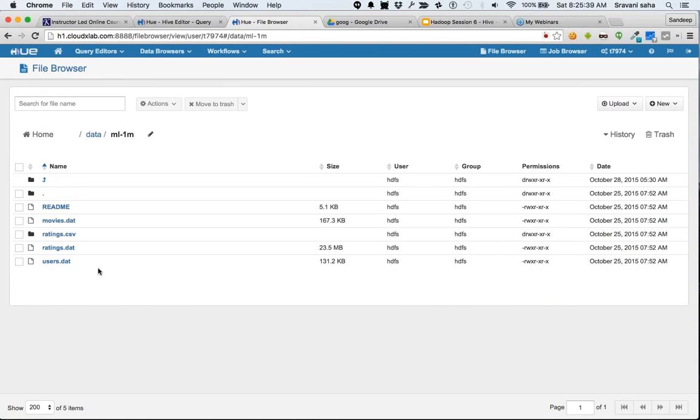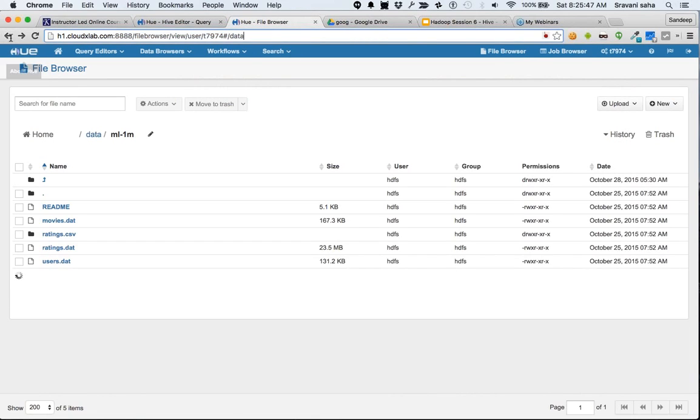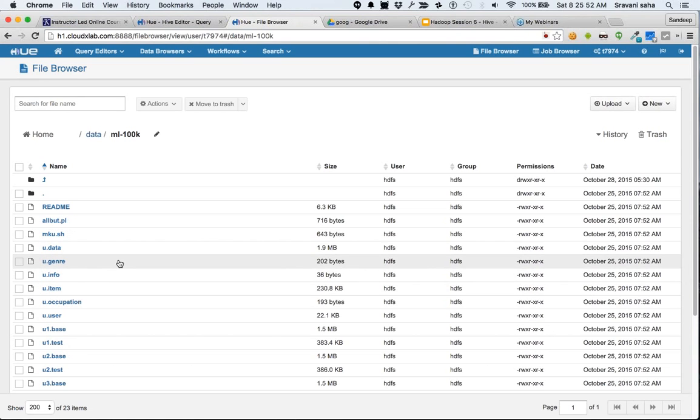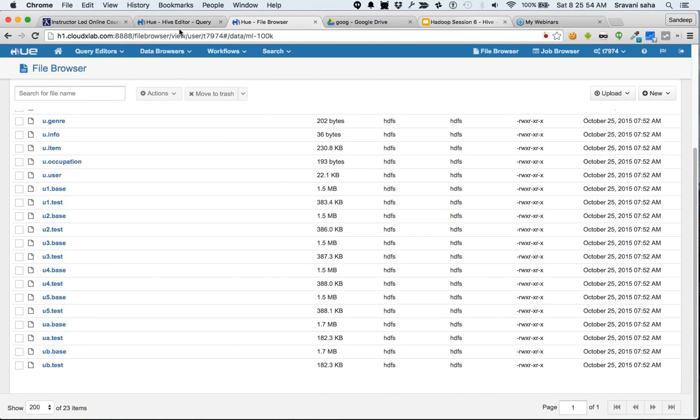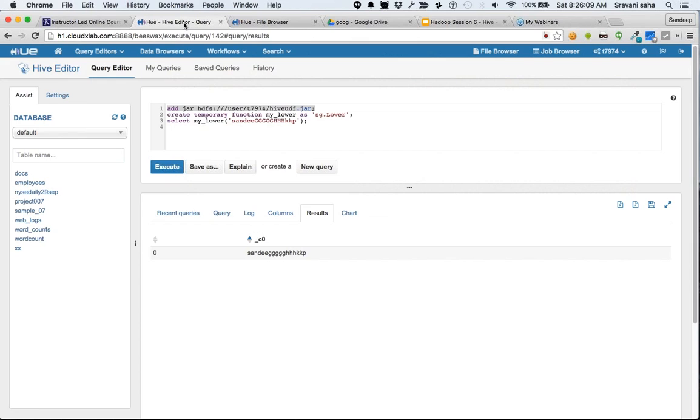So you can see the data is here. We have MovieLens data for this exercise, 100K as well, here. I've already downloaded the data. If you want to download, you can basically use the wget command. Wget is the one which can download the file. You can either download on your desktop and upload it via the Hue browser and then query the data, or you could use this particular